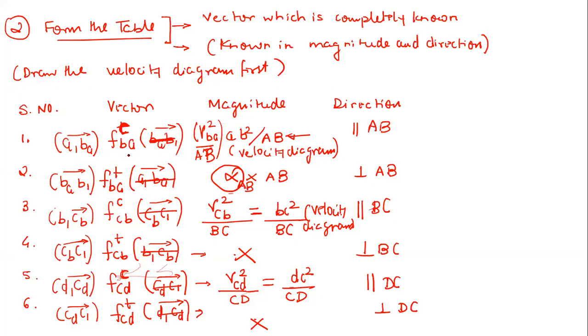Now the acceleration of B relative to A. Just remember this. How will you denote this? It will be A1, then the acceleration of B relative to A, so it will be BA. And then the tangential vector, you just start with this letter, the BA B1 vector.